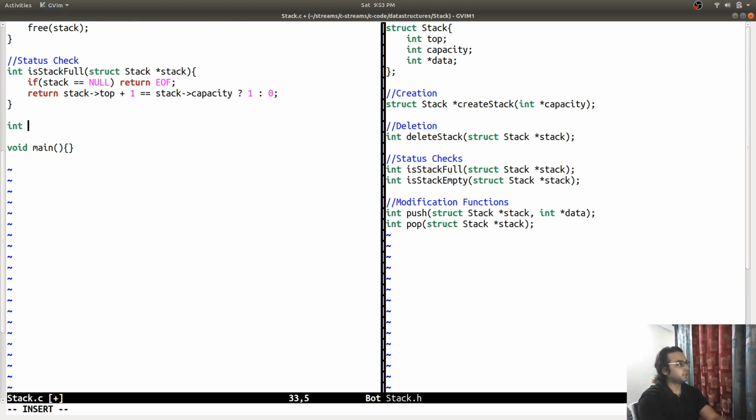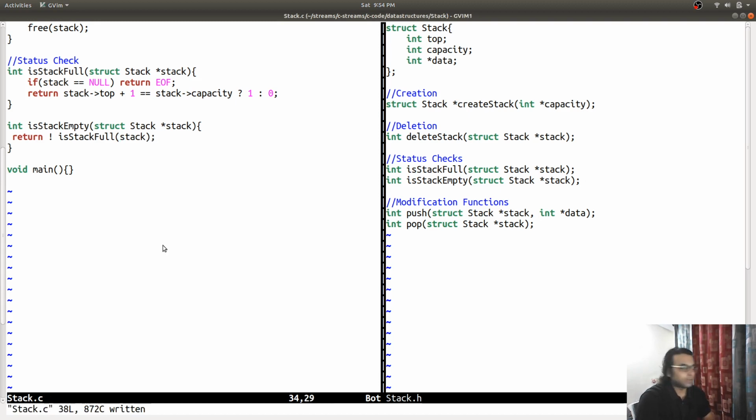Nice. So int is stack empty, struct stack. What I can do is return not is stack full. This is one way to implement it, but this is going to make it slower because it is going to have more function calls.